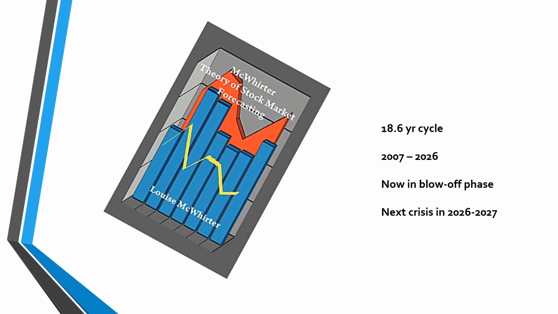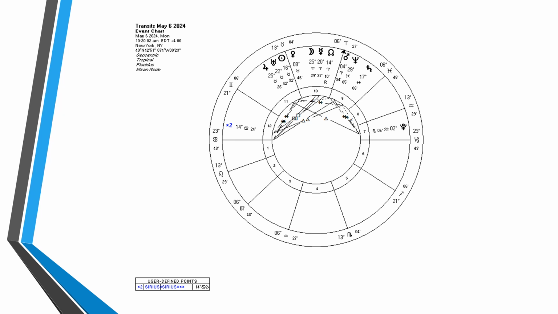Now, it's important to remember that the latter part of the 18.6-year cycle is what they call the exuberant part, the blow-off phase. And that's why I think the markets are going to be very good for the next little while at least. And I'm going to show you one more McWhirter aspect here, which I think feeds into my thesis that the markets are going to be generally fairly robust here for the next little while. McWhirter said,